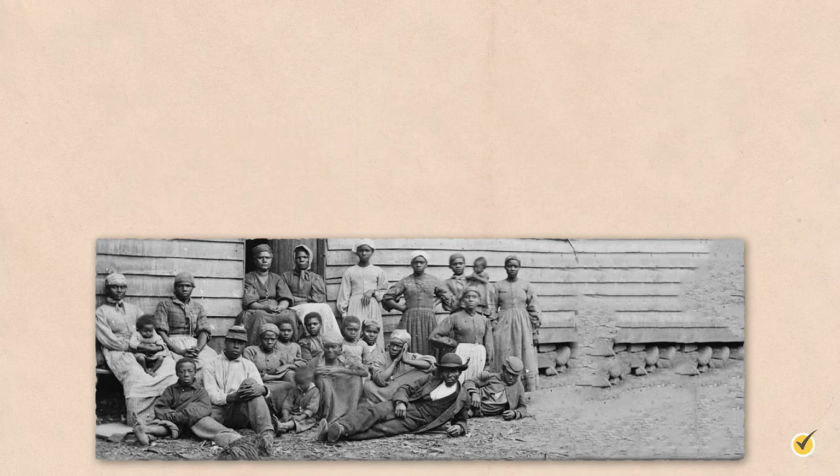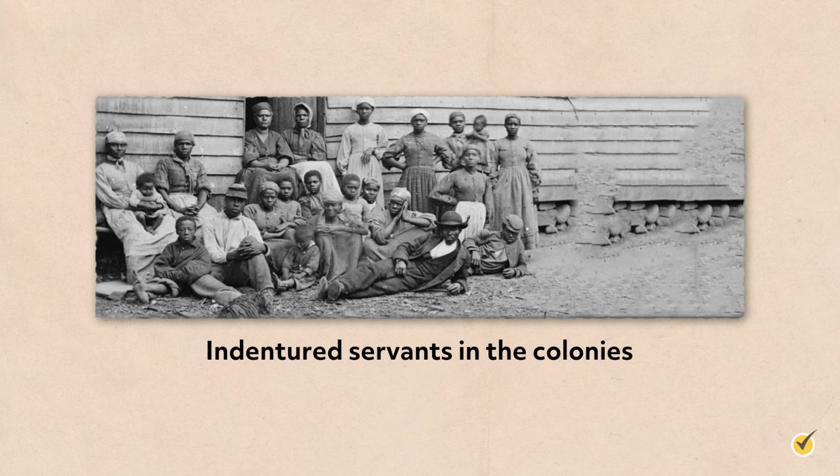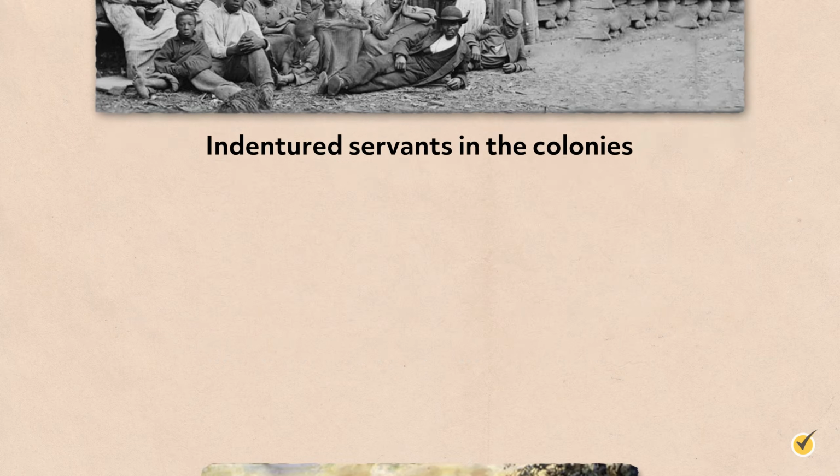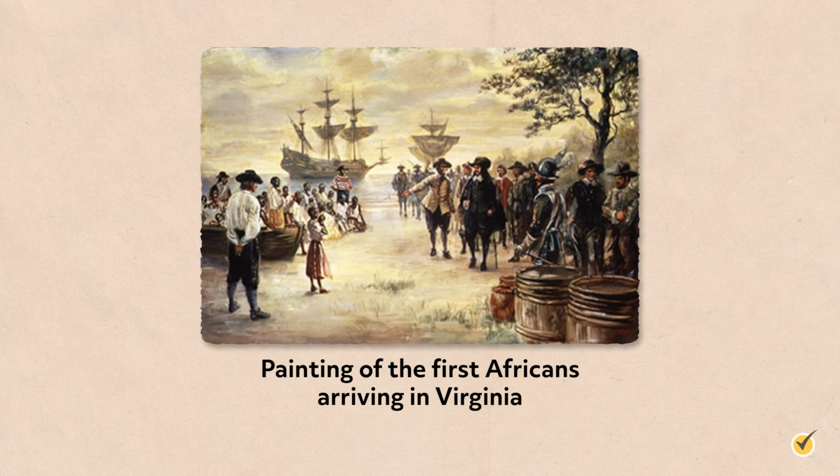Life for the indentured servants was harsh, and many did not survive their period of service. With no incentive to look after the long-term health of their servants, planters tried to get the most out of their temporary property. As awful as indentured servitude was, servants at the very least had the hope of freedom on the horizon. The first Africans arrived in Virginia as early as 1619 as indentured servants, but later arrivals entered into